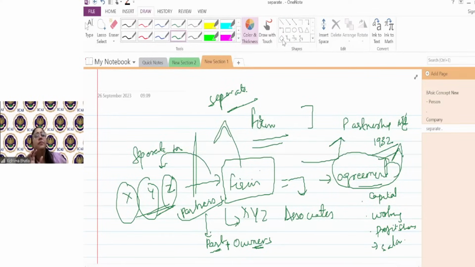LLP और पार्टनरशिप फॉर्म में डिफरेंट क्या है? बस partnership form is an old concept which has been going on for years since 1932. If you see, it's even before independence the act was there. So वहां पे बस ये है कि जो partnership law के according the liabilities severally and jointly liable. That means even if one makes a mistake, it is the mistake of all. But LLP में you are not severally jointly liable. जितना आपका commitment है, only that much you are liable. So LLP is like a more secured thing, but again LLP में थोड़ी compliances are more as compared to partnership form. Partnership form is very easy to be formed. LLP के लिए थोड़ा compliances are more.